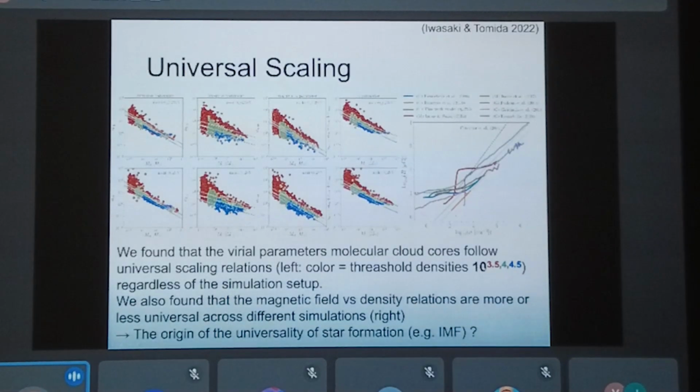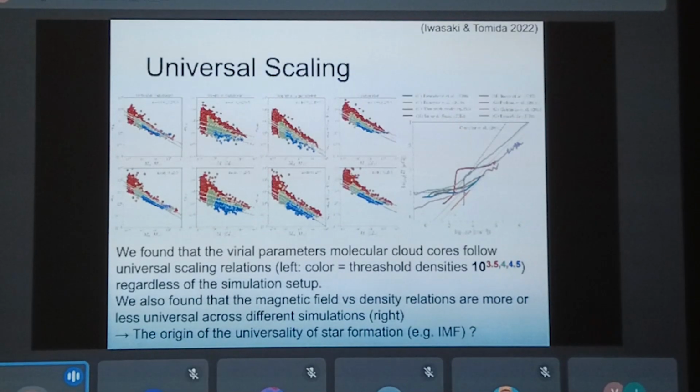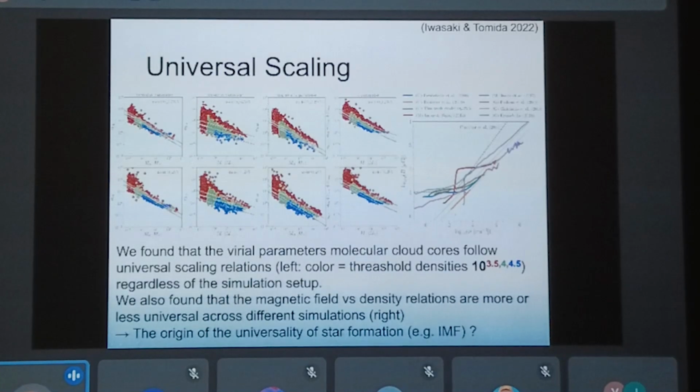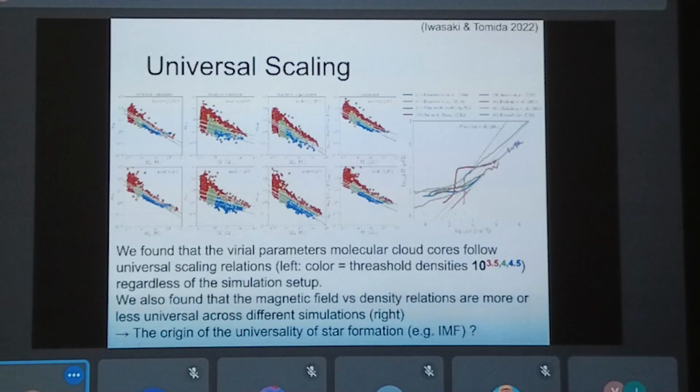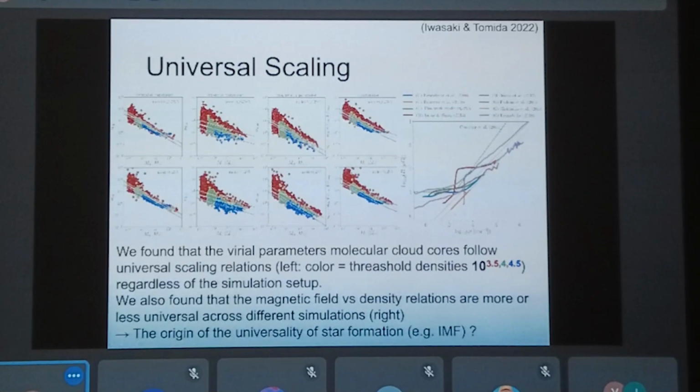Red means the threshold density is 10^3.5, green is 10^4, and blue is 10^4.5. The top panels and bottom panels are from different models, but as you see, these molecular cloud cores follow the same curve regardless of the simulation setup.